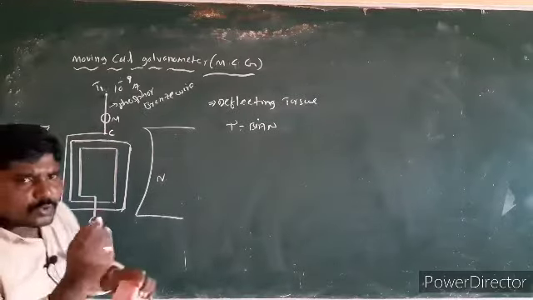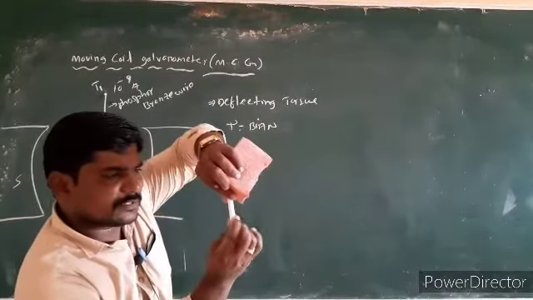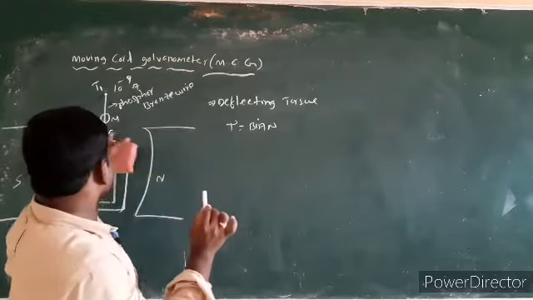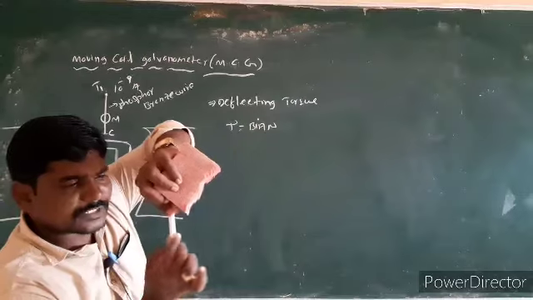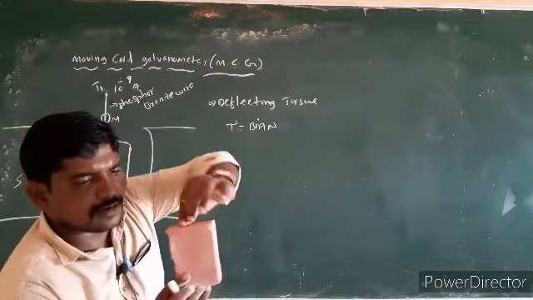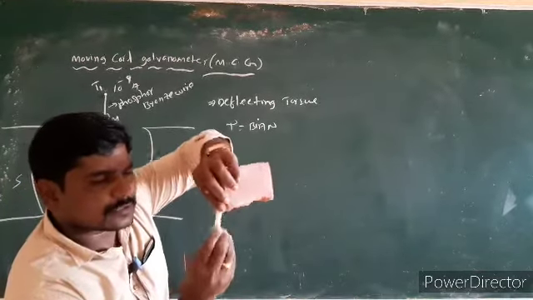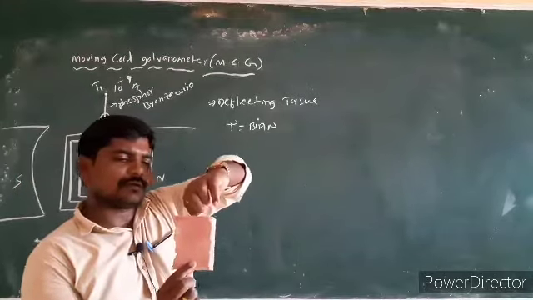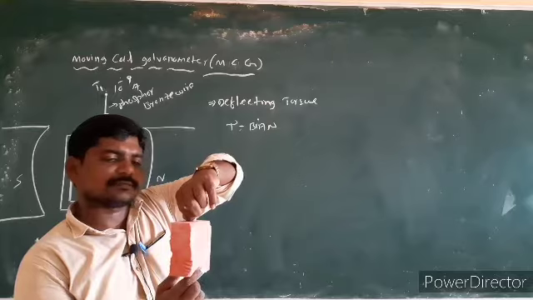This end, nothing but C at point C, also twists like this. Since the coil rotates, the phosphor bronze wire also twists. Due to deflecting torque, the coil rotated, deflected like this.